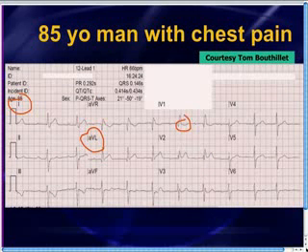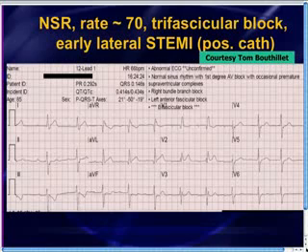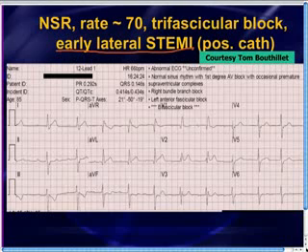And then I didn't mention the T waves. There's an inverted T wave in lead V1, which is very common with the right bundle. There's a flipped T wave in AVR, which is completely normal. Flipped T wave in lead 3 and in AVF. Those are abnormal, and you worry that maybe those are signs of ischemia or reciprocal changes from an early STEMI in the high lateral leads. So I just want to finish off with those T waves. So where are we now? Final diagnosis here: normal sinus rhythm, rate of 70, trifascicular block, concerns for early lateral STEMI,